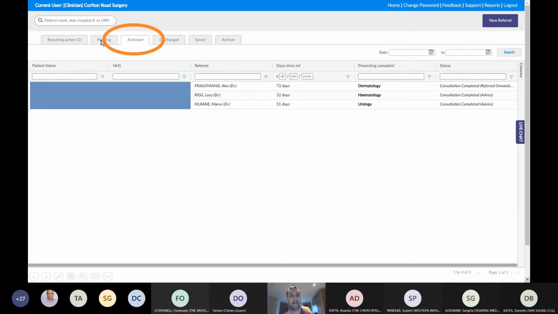the pending tab. That is the tab that will tell you how long a patient has actually waited prior to advice being given. This is basically the days that have passed since referral, and the advice and guidance request may have been sent to you the next day. So it's not that relevant. Okay, so